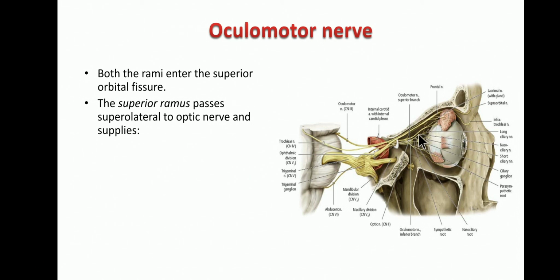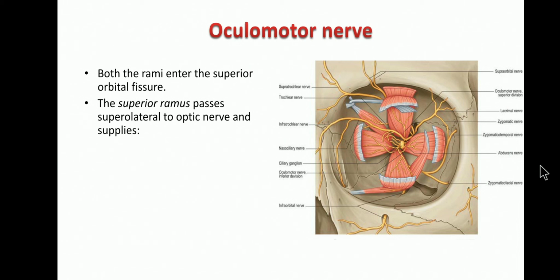mainly it will supply your levator palpebrae superioris and superior rectus muscle. Okay, so it will mainly supply the levator palpebrae superioris and the superior rectus muscle. So this is the superior ramus, which will give a branch to the levator palpebrae superioris and then the superior rectus muscle. Whereas the inferior division of the